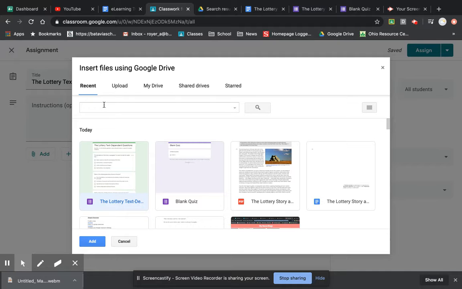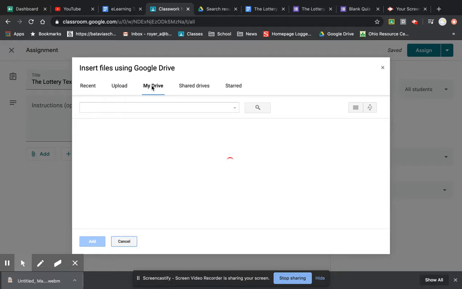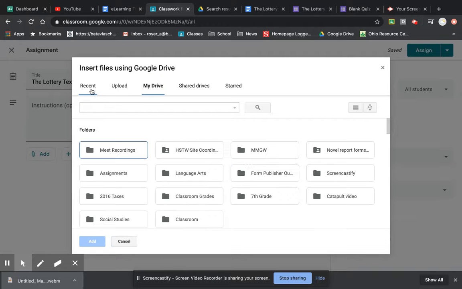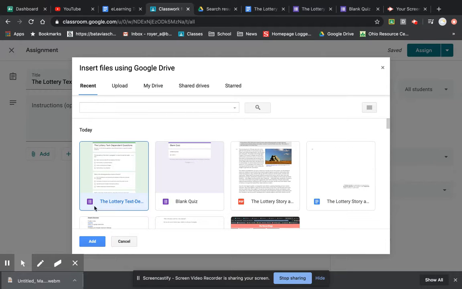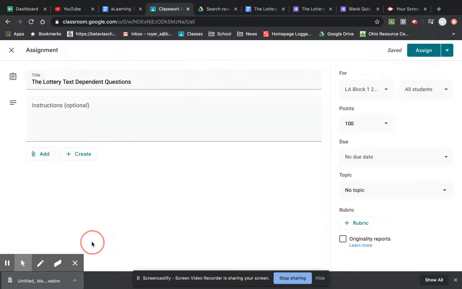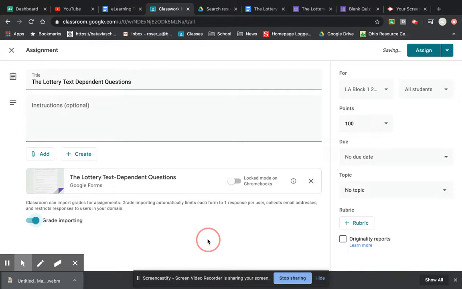You can also search for your document in this search button. Or you could go manually into your Google Drive and look through the folders. This is usually the quicker option. So I'll select that and add it. At this point, you're going to see that you can turn on locked mode for your Chromebooks. I'm not going to do that for this assignment because several students are going to be doing this at home. I do want to make sure that my grade importing is clicked so that I can import those grades very